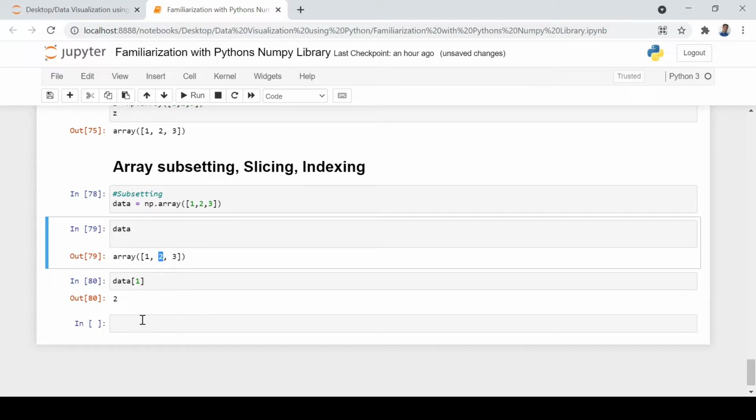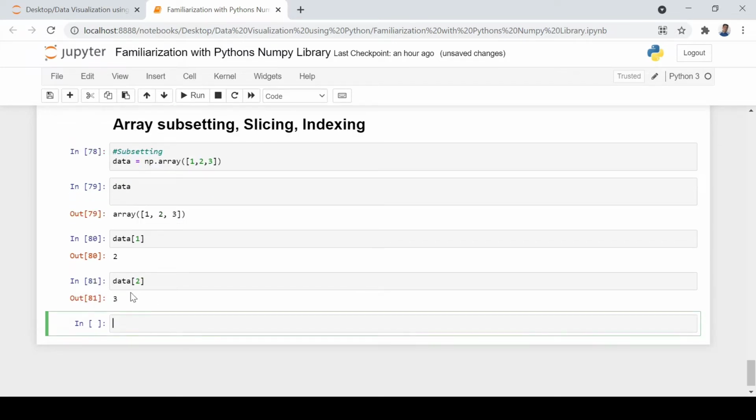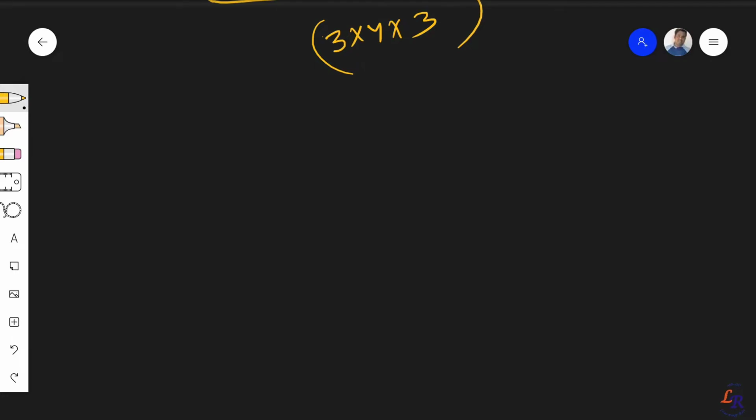Similarly, if you want to have the first or second index data, just provide it there and just put 2. It will give you that index, so it will bring you that data. So just to give you a flavor of it, just have a look at our whiteboard again.